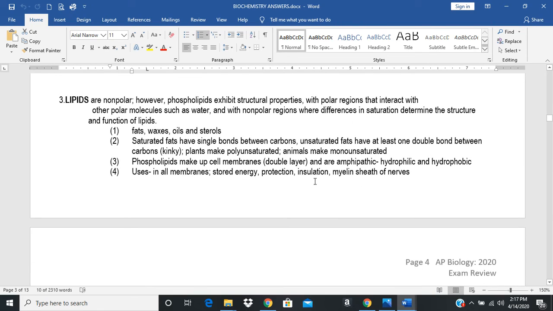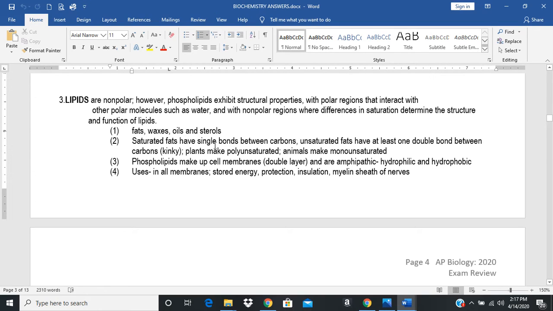Lipids, nonpolar, with the exception of phospholipids. Phospholipids have 2 regions. They're polar and nonpolar. You might remember that term. It's called amphipathic. Here it is. Okay, and that refers to a compound that has both a polar and a nonpolar end. The majority of lipids are nonpolar. Okay, and they repel, excuse me,